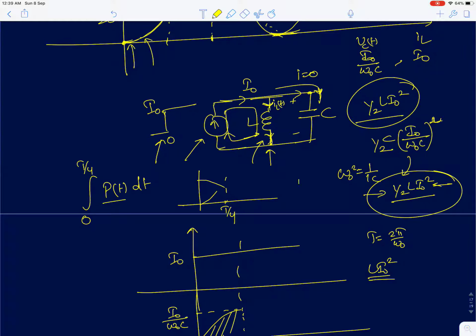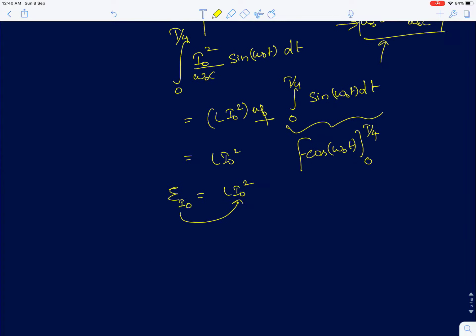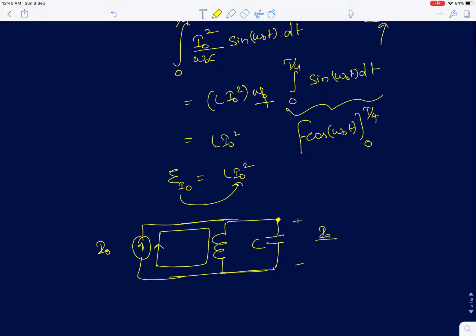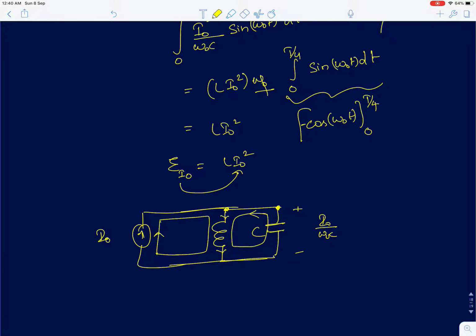Now after t equal to T by 4, the voltage across the capacitor, I will just redraw the tank here. So now we have a current I naught, the step current, flowing through the inductor right now. Capacitor has developed a peak voltage I naught by omega naught C. Now what will happen here is that the inductor current is already I naught, which is flowing in this direction. Now the capacitor will be discharged by the inductor. The inductor will now try to discharge the capacitor voltage, because any EMF across the inductor is going to